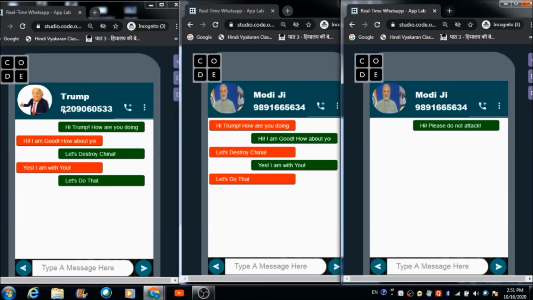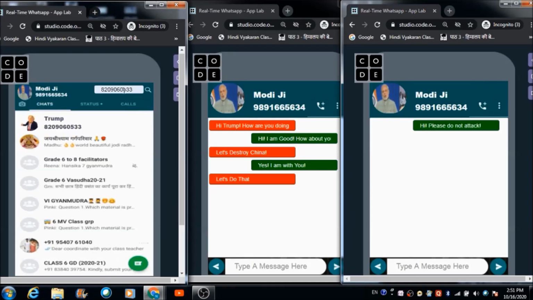If Modi ji wants to read his message, he needs to go back first, and after that type the number of Lee with which he has registered his profile on this platform, and tap on the search bar button.